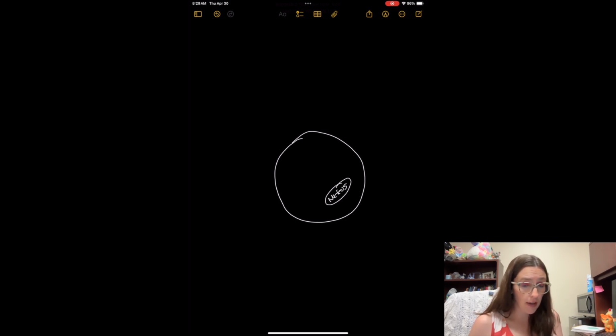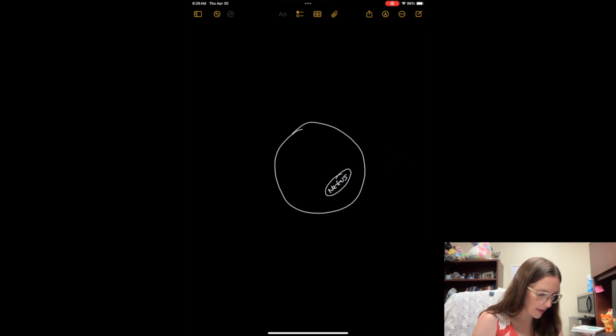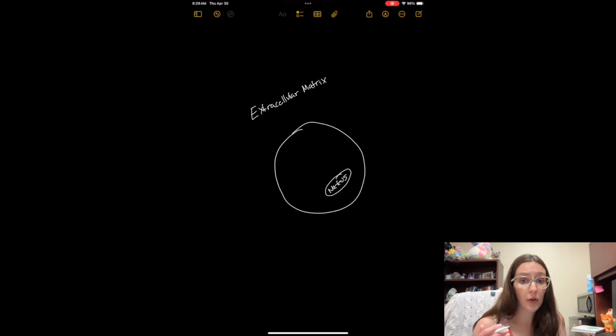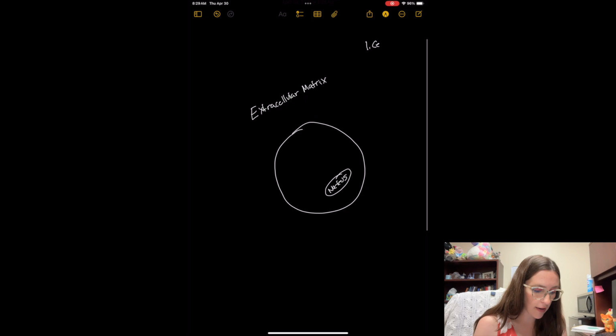but there's a lot outside of our cells, and what's outside of our cells is really essential for their functioning, the body's functioning. And so everything outside of the cell, right, is going to be that extracellular matrix. Okay. And in the extracellular matrix, there's going to be different things depending on the cells that are found in that area. So we can think about the cells that are in that area, the what's provided to the area,